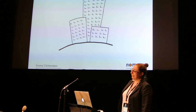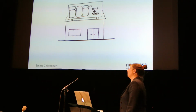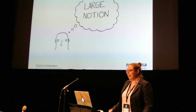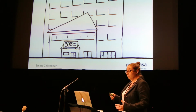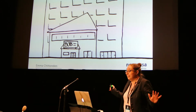Bob is the leader of a multinational corporation, but it wasn't always this way. Bob started out small. Bob started out with Bob's Bits and Bobs, a tiny little building. But Bob had big ideas, and his business grew. And with the growth of his business, his operational base grew. But with the operational base growing and growing, so did his problems. The little whispers of dissent became louder and louder and louder until